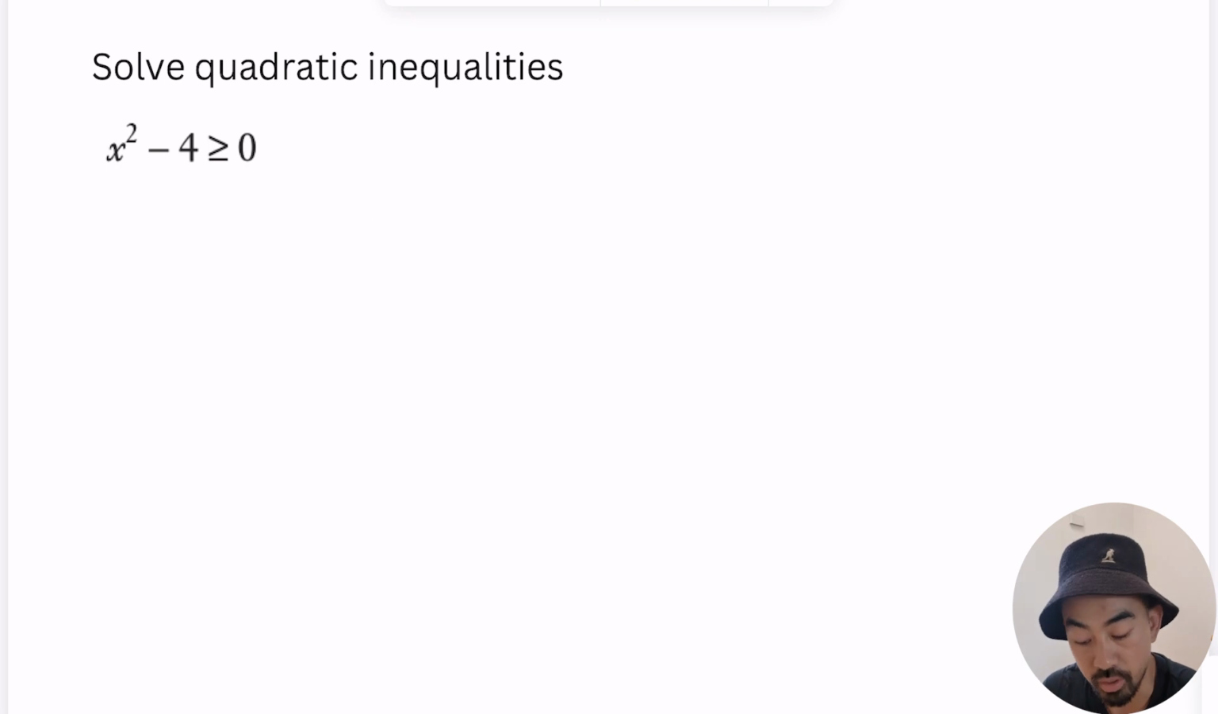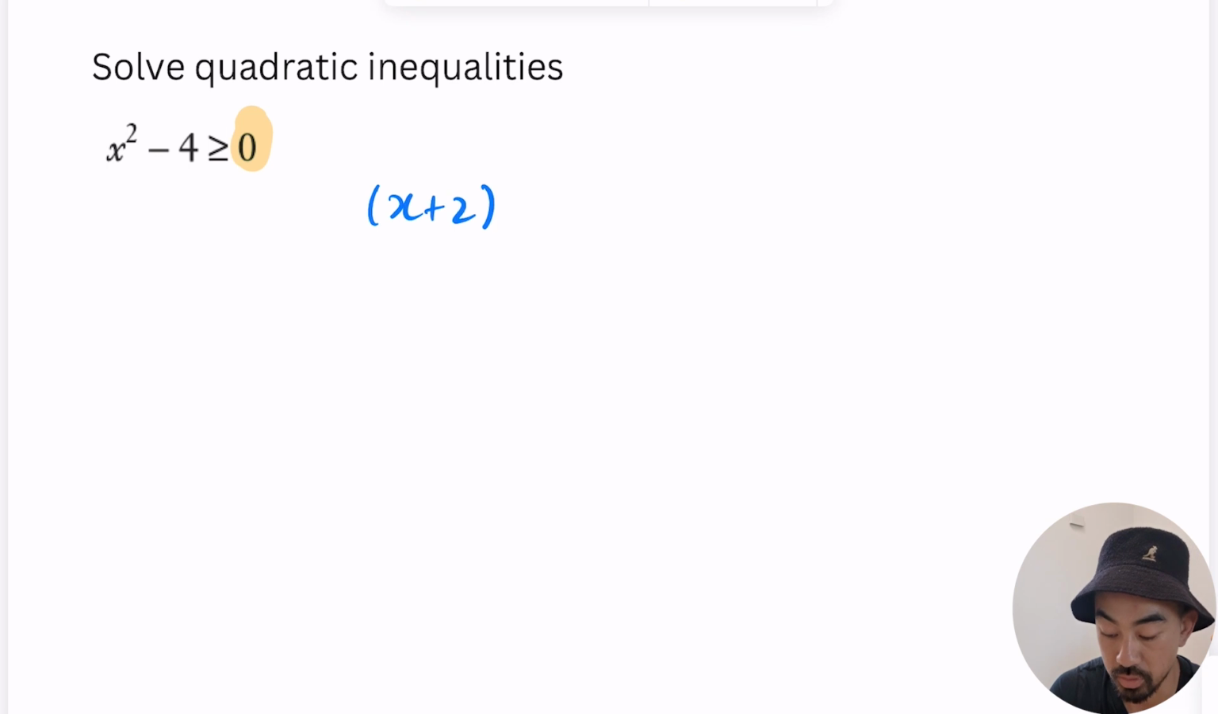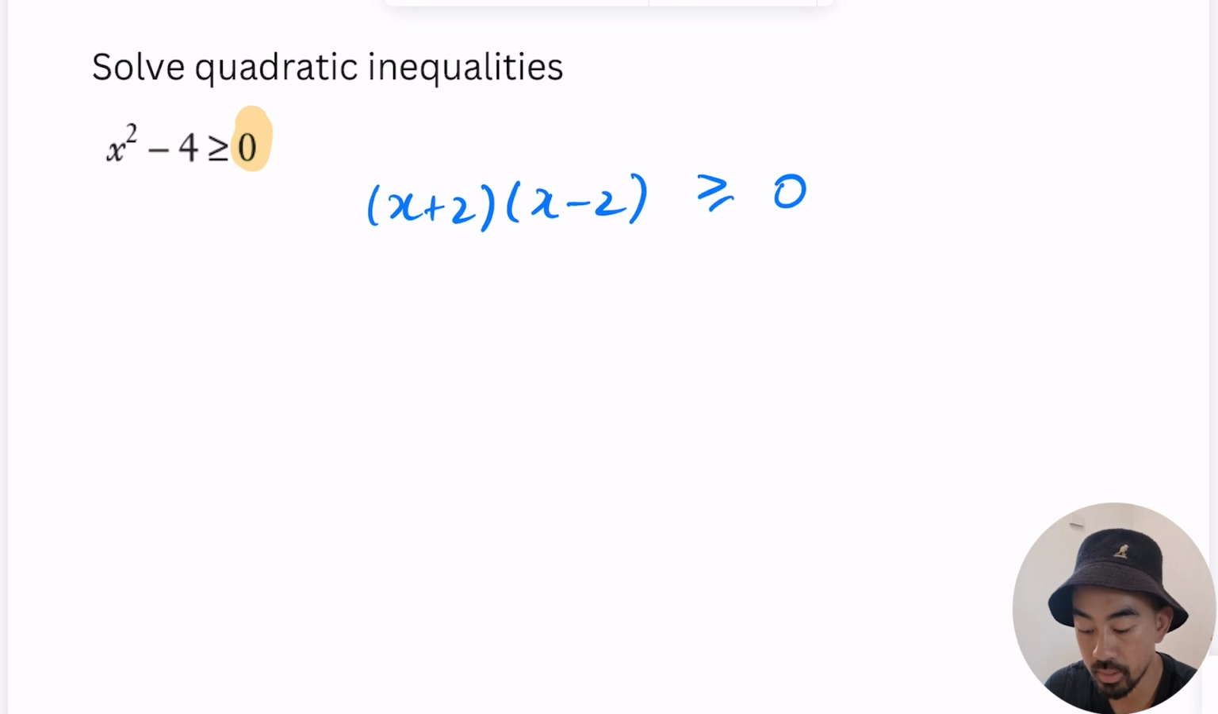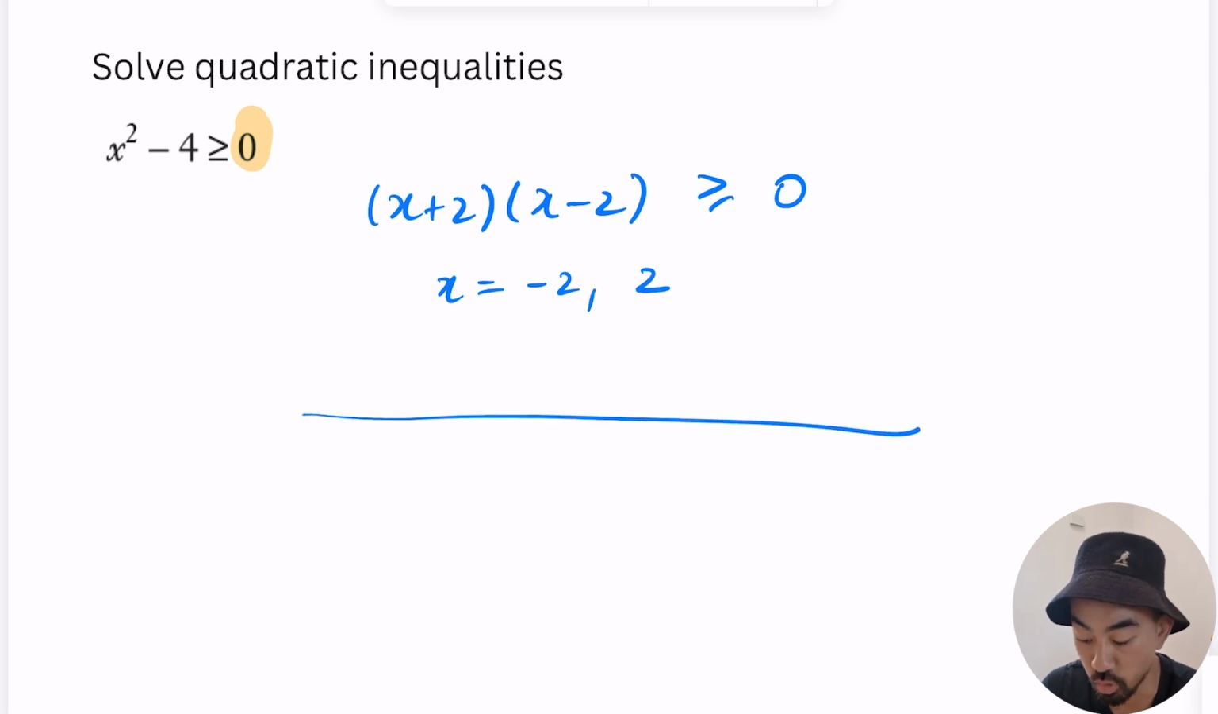So here you've got a question, x squared minus 4 is less than or equal to 0. When I solve these, I like to make one side equal 0, which we already have. And I also want to factorize as soon as possible. So x squared minus 4 factorizes to (x plus 2)(x minus 2), because it's a difference of two squares. It's greater than or equal to 0. So my solutions, like imagine you're solving this normally, will be x equals minus 2 or 2. So what I do is draw a quick number line, pop minus 2 here